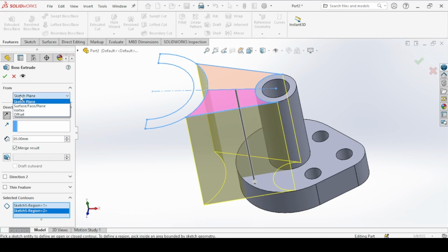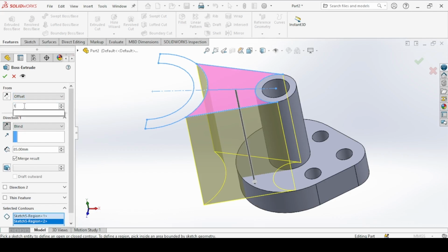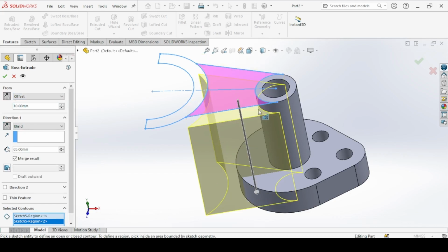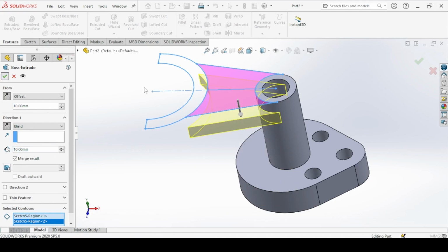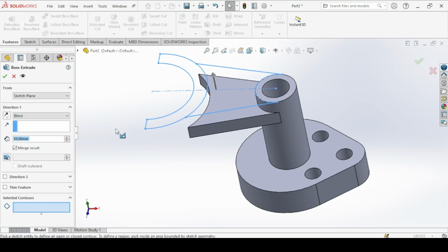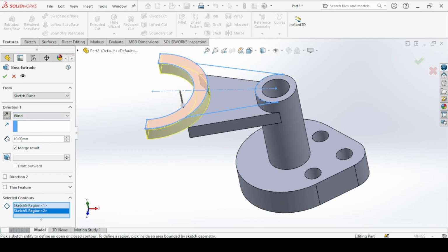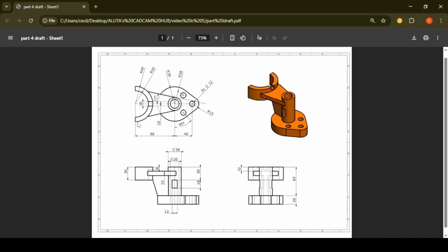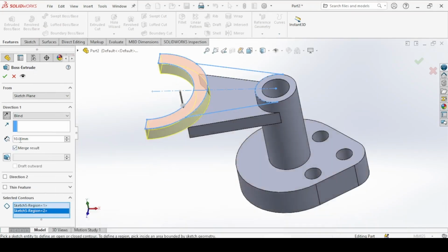So from an offset of 10 millimeters going down, so reverse the offset, and we extrude by 10 millimeters as well. Again, click on the sketch, extruded boss base, click on this area, reverse the direction, and then we're extruding down by a distance of 30 millimeters. Okay.